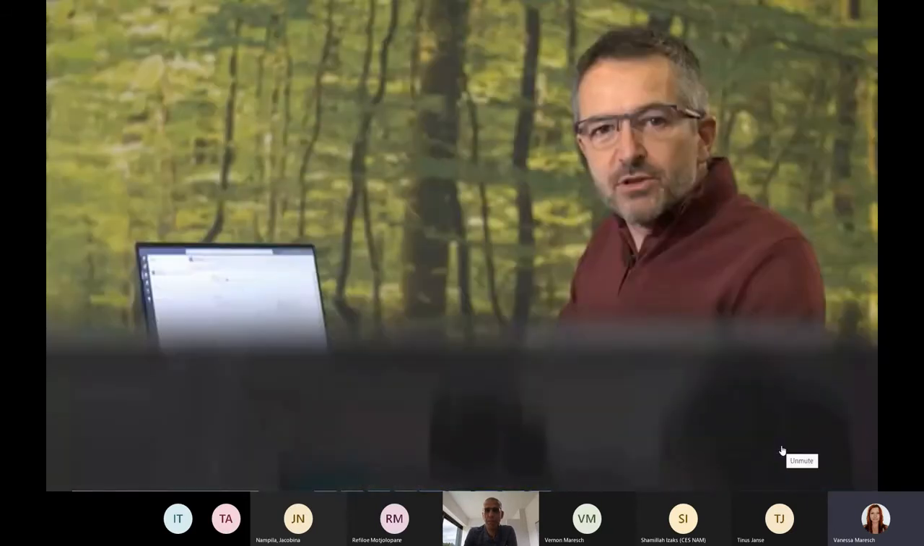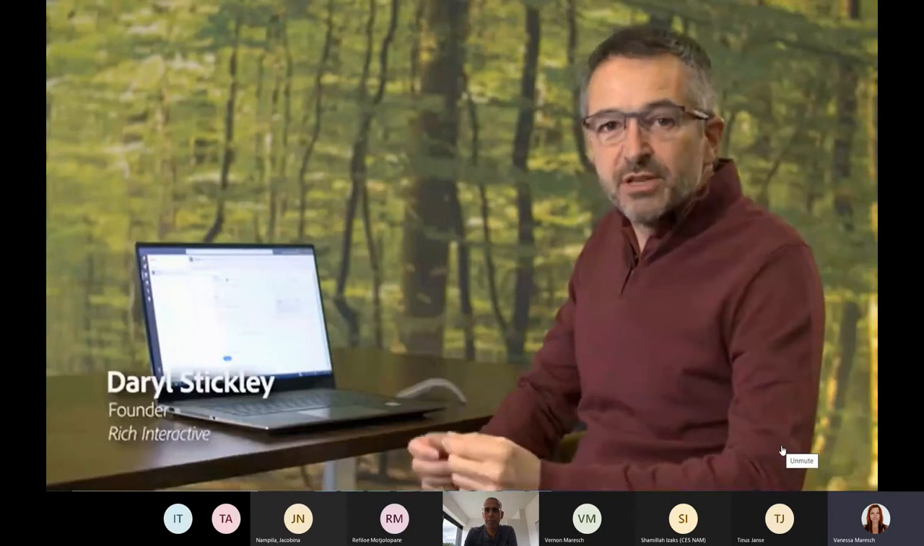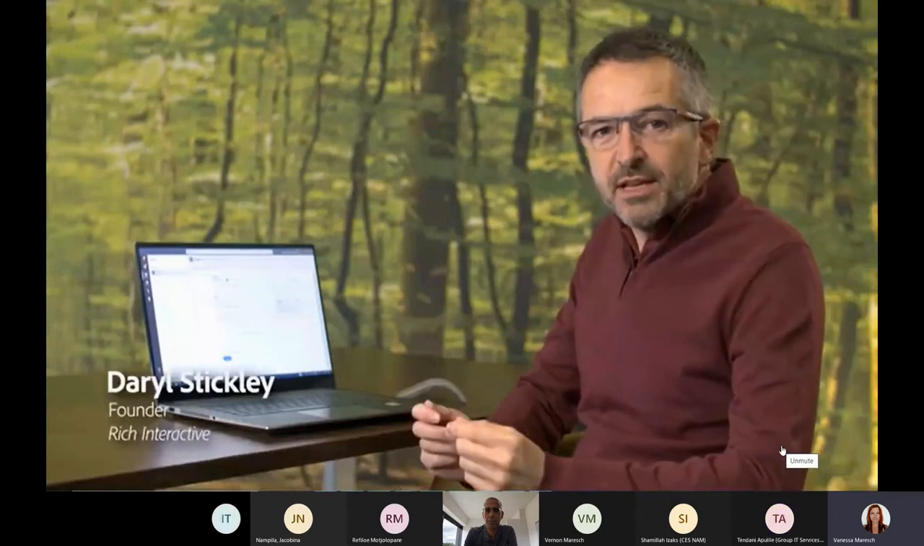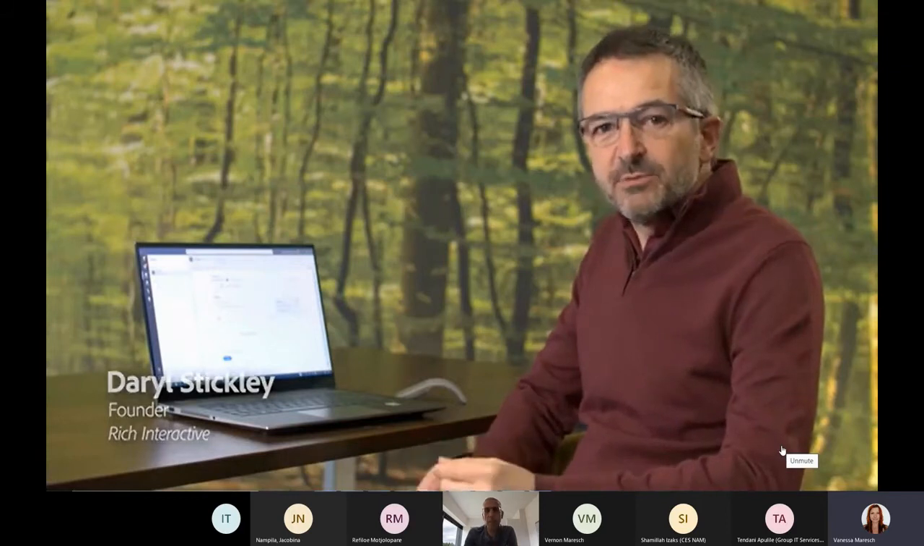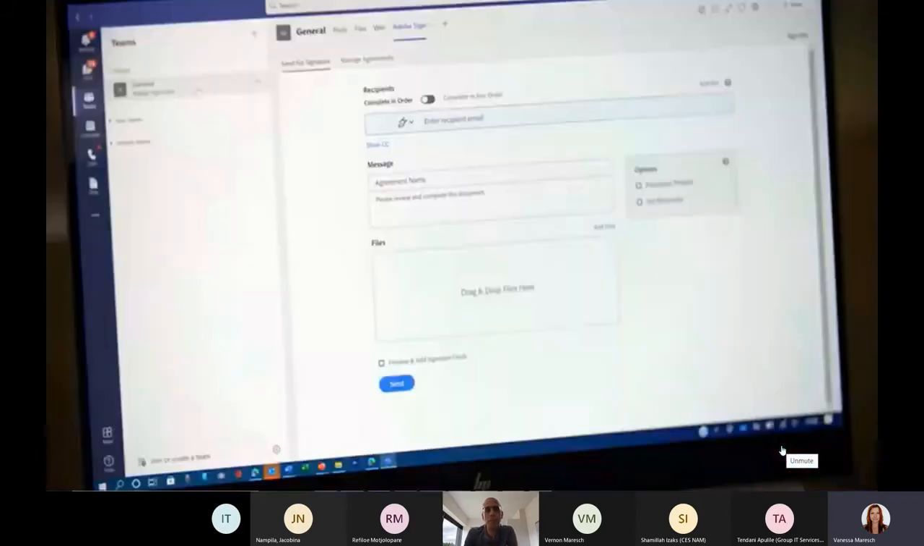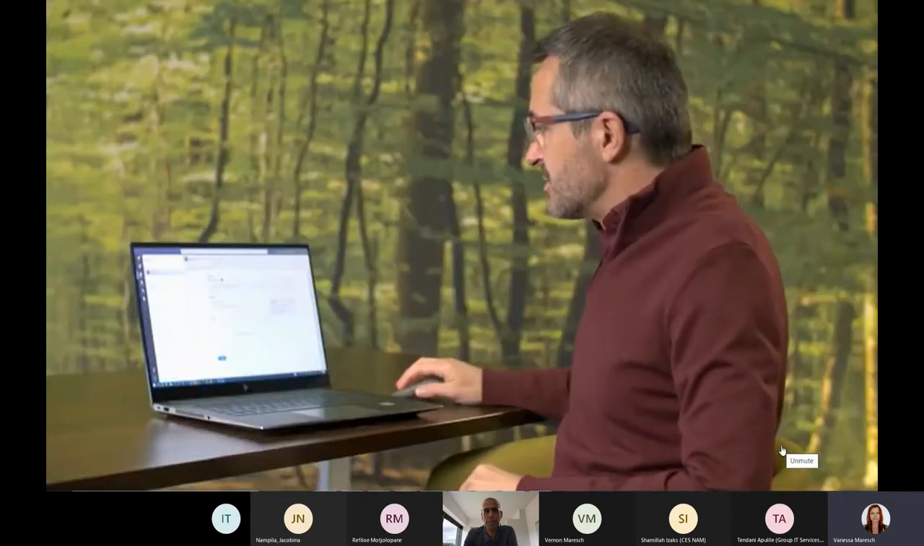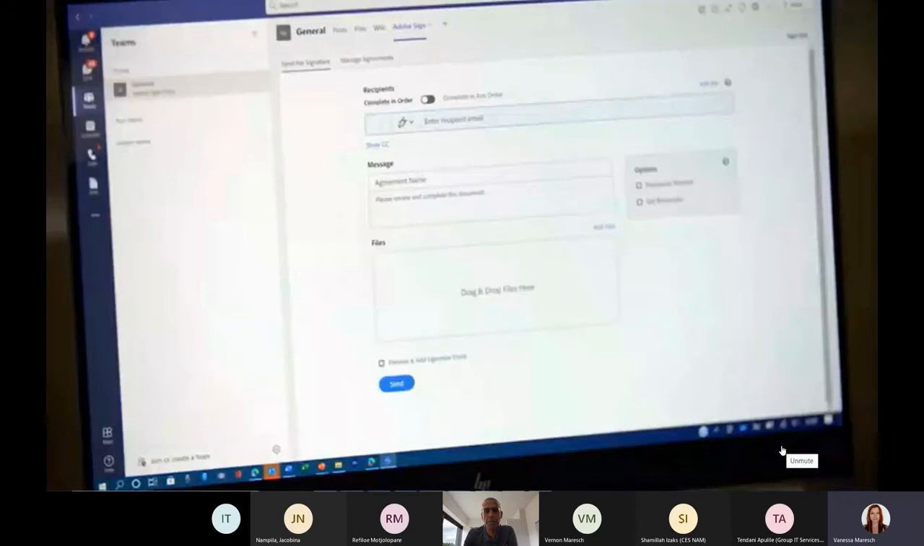We use Microsoft Teams as our primary communications tool between colleagues and customers. And I can send and manage documents via Adobe Sign directly from a Microsoft Teams channel. This is the Adobe Sign Teams channel, and underneath the Adobe Sign tab, I have the choice to send documents to signature or manage the ones I've already sent. So sending a document is really straightforward. All I need to do is type in a recipient,